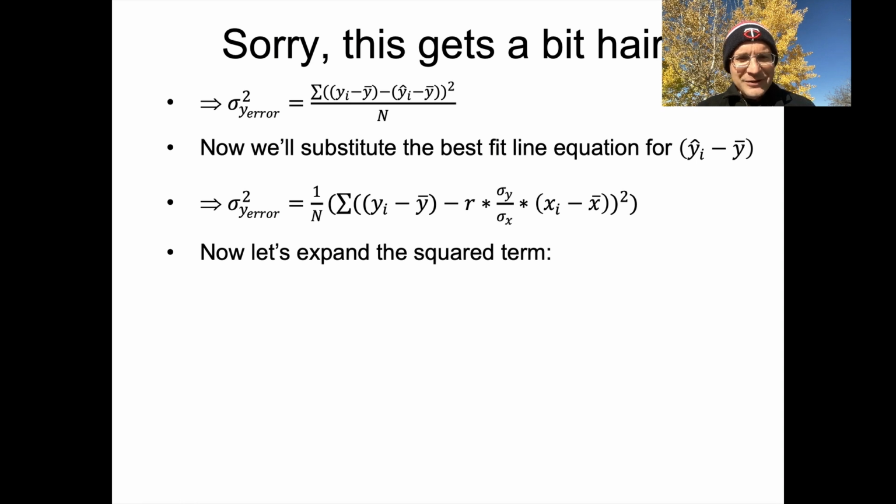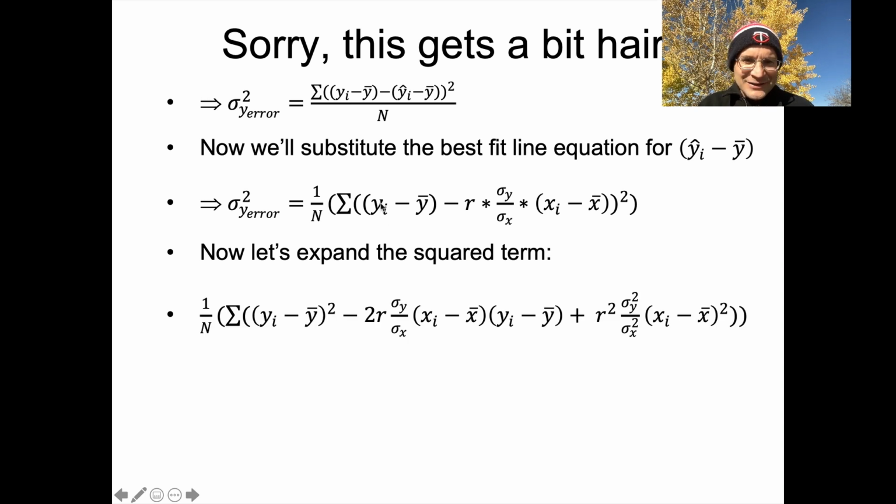Okay, so what I want to do here is where it gets ugly. Let's expand the squared term. So this business in the middle here, you can think of this as like (a minus b) squared. And when you square that whole thing, if you remember from high school math class, it's a squared minus 2ab plus b squared, that sort of thing. We're going to do the exact same thing here. So this gets multiplied by itself. That's squared. This gets multiplied by itself, and the sign changes because you're multiplying a negative by a negative, so that's over here. And everything here gets squared as well, right?